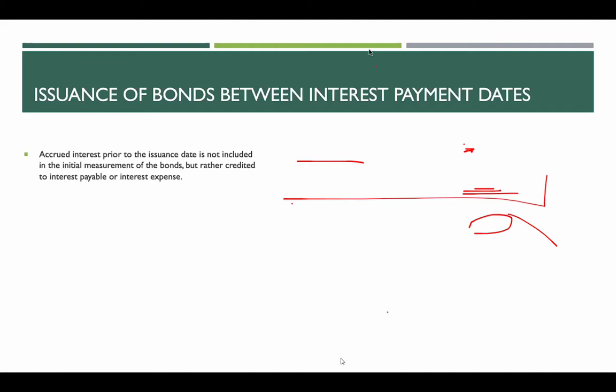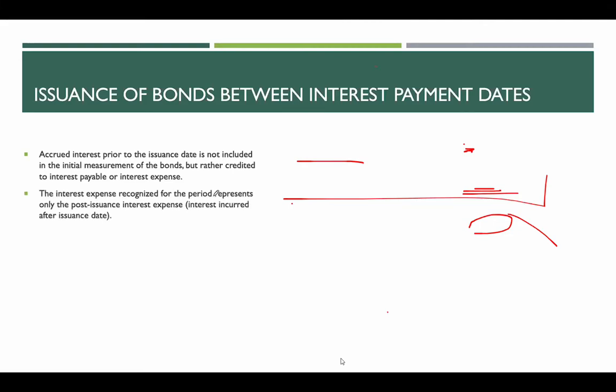But if it is not included, if the amount for the accrued interest is separate, then we do not add it. Basically, the standard says the carrying amount of the bond at initial measurement should not include the accrued interest. Okay? So next,